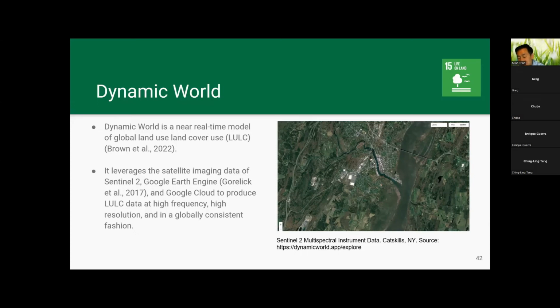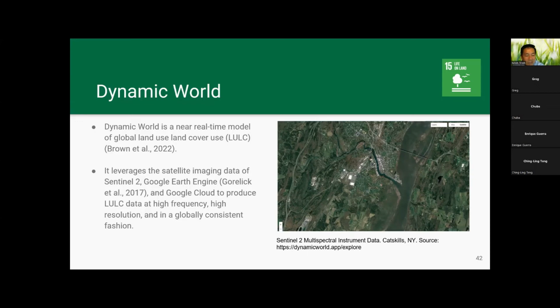There are a lot of applications. You need to know how the land is used, what the land cover is. Historically it has been done before, but not in real time. Maybe it's done once a year, depending on the area, so there are a lot of lags in this data. What is remarkable about this is that they do it in almost real time.